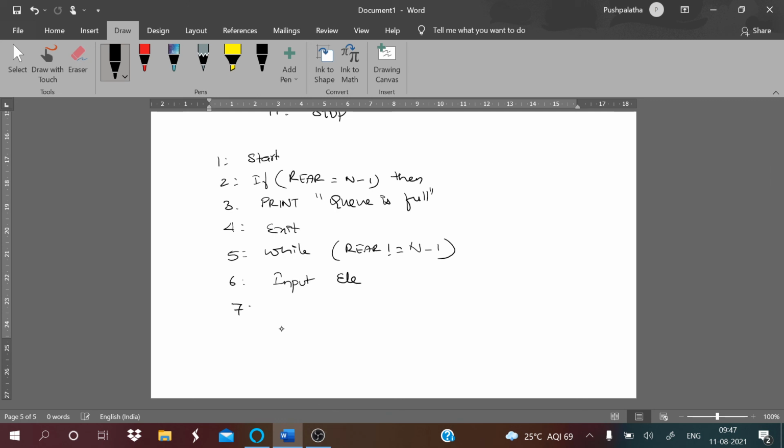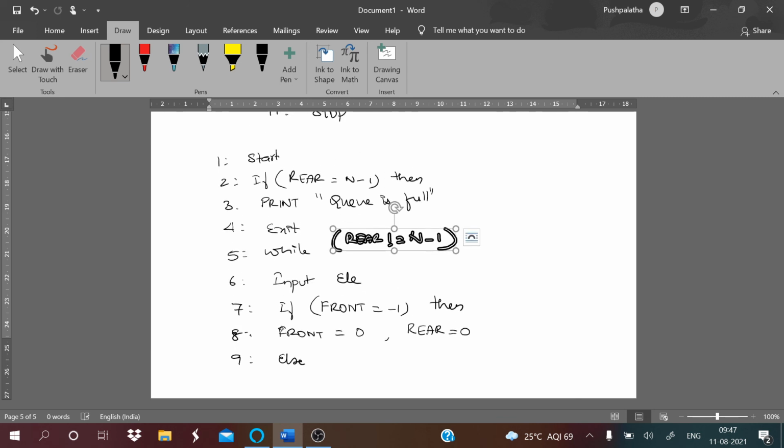If front equals -1, then the same as we did previously: front is 0, rear is 0.